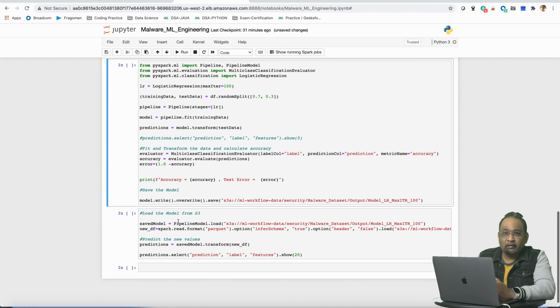Further, we split the data into training and testing sets, run the logistic regression on the training data, run it again on the test data, calculate the accuracy, and at the end report the accuracy and error. All these operations are pretty much the same as what we had learned using scikit-learn and pandas, except this time it is at much higher scale using Spark.